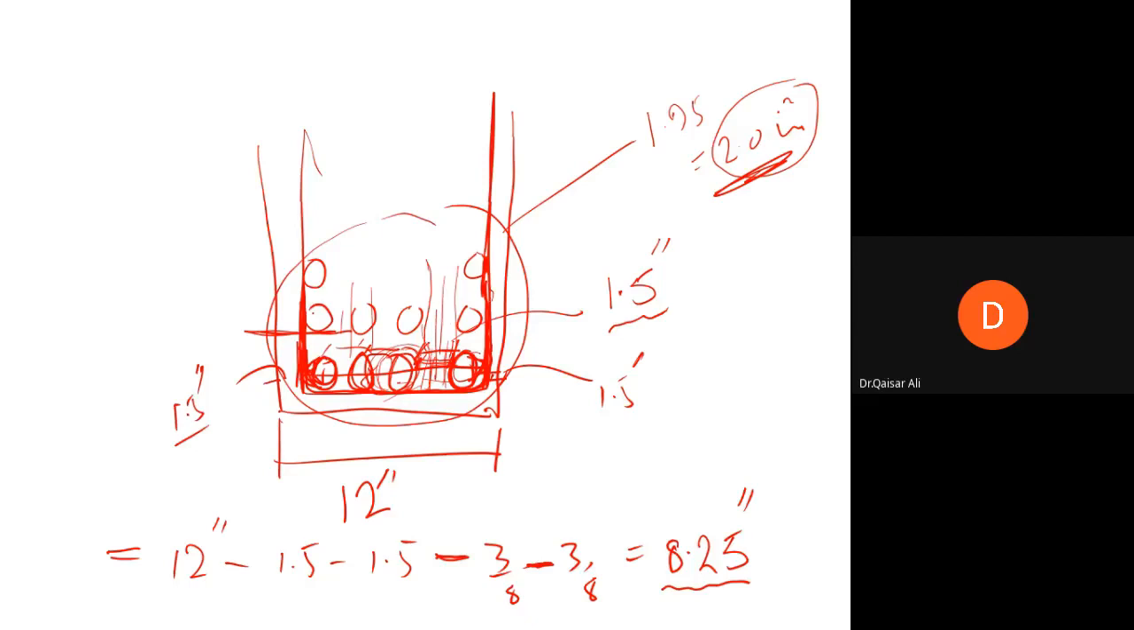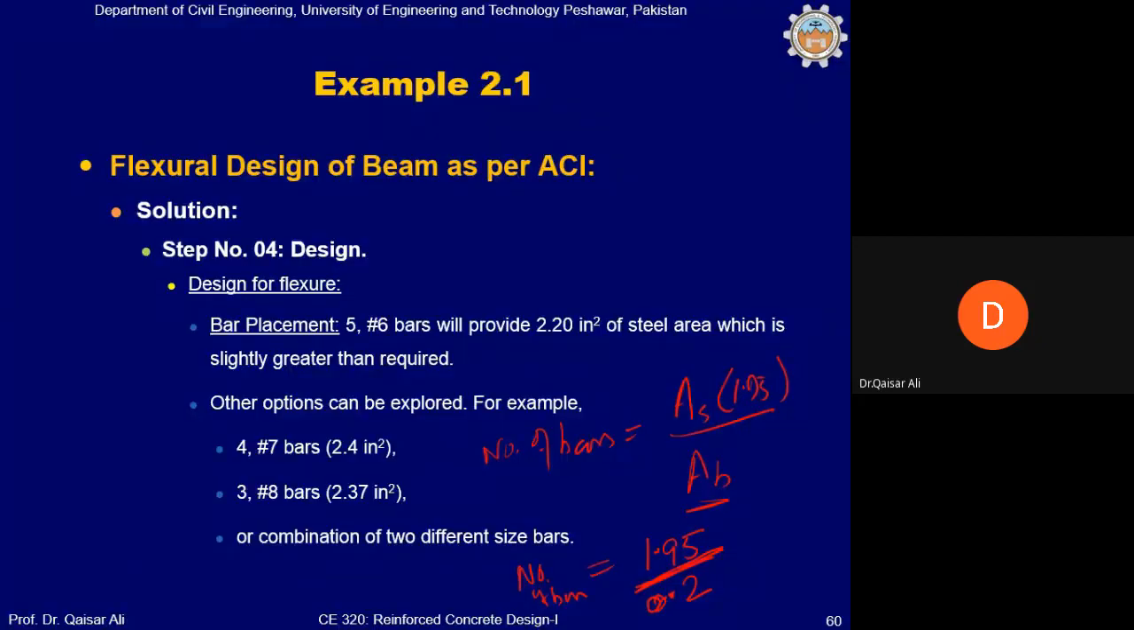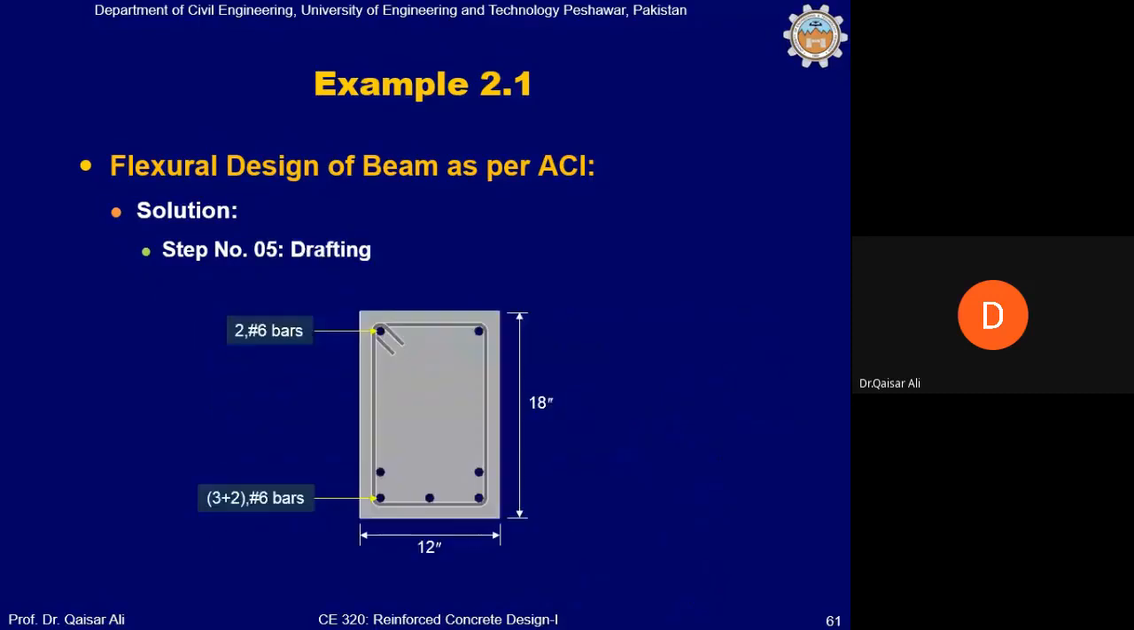आप 2 मुख्तलिफ डायमीटर के बार भी इस्तेमाल कर सकते हैं एक ही लेयर में, लेकिन मैंने बता दिया था आपको कि उसका डिफरेंस 2 साइज से ज़्यादा न हो। नंबर 8 के साथ नंबर 6, नंबर 6 के साथ नंबर 4 इस्तेमाल कर सकते हैं एक लेयर में, लेकिन उससे ज़्यादा डिफरेंस आप नहीं कर सकते। बिटवीन द लेयर्स आप कर सकते हैं, ठीक है। अच्छा, अब हम फाइनली डिसाइड करते हैं टू यूज नंबर 6 बार, हम इस तरह प्लेस करते हैं 3+2 में, 3+2।